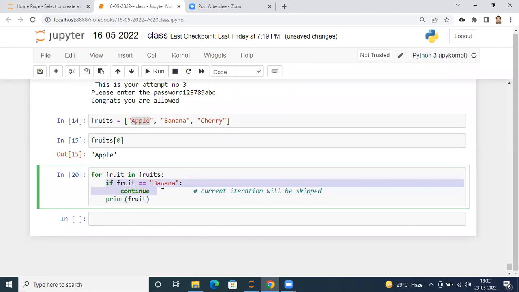So even in the first iteration, if this condition fails, let it fail. No problem. This is sequential code. I'll come to the second line because this print statement is not part of the if statement. So I come to the second line and print my fruit. Right? In the second iteration, when I come,